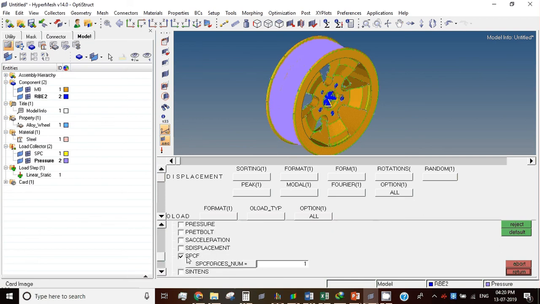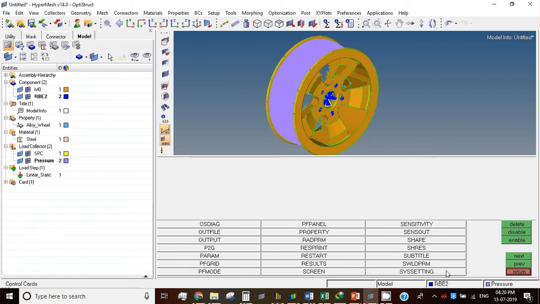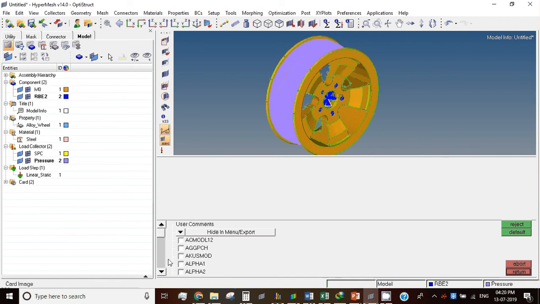If you go to next here, you will find ABCDF, PARAM is there, right? Go to parameter cards. PARAM is nothing but parameter cards. Go down, click on AUTOSPC, click on here and give no. You can type this also, no problem, but if you type something wrong it will be problematic.